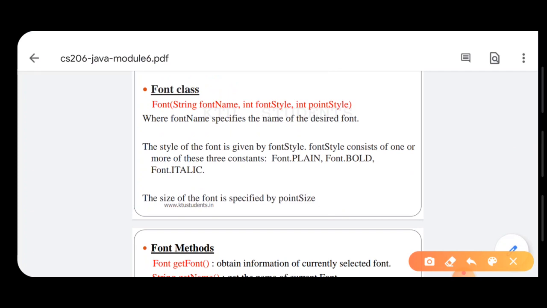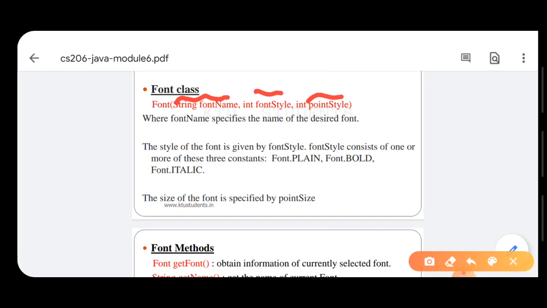So there is a class called font class, and font class has a constructor which contains 3 parameters: font name, font style, and point size, where font name specifies the name of the desired font, that is Times New Roman, Arial, Calibri, etc., which we want to display.